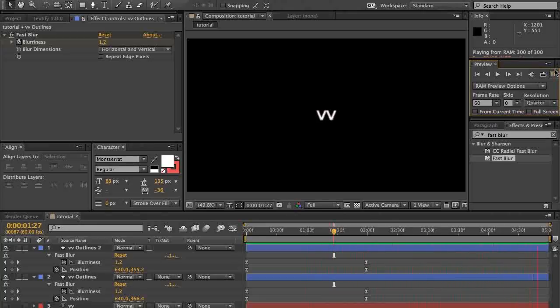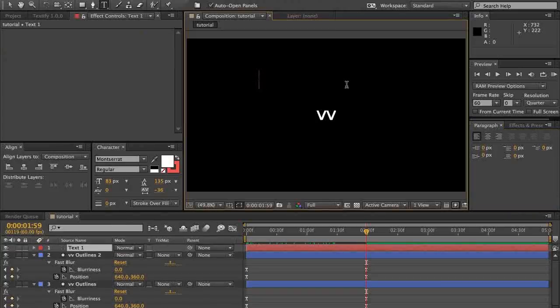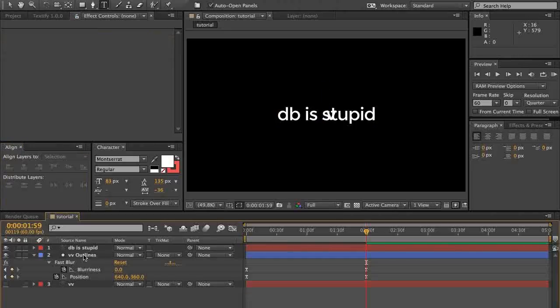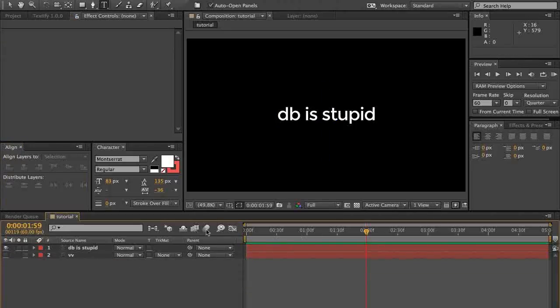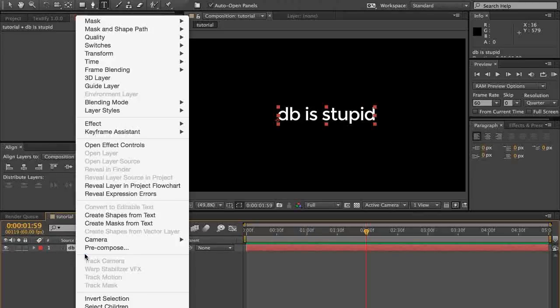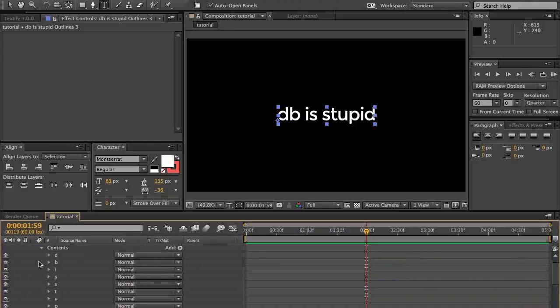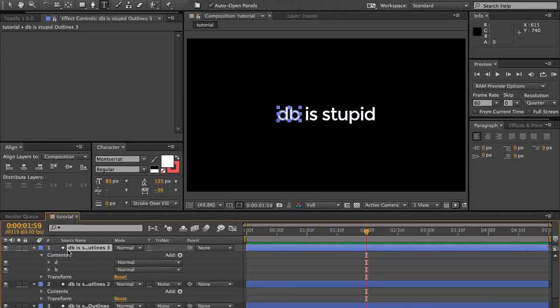This is the end result. Now, if you wanted it to do it for words, you can center the text, of course, and you're going to do the same exact thing, but for words instead of letters. So create shapes from text, however many words you have, make sure you have enough layers, and go into the contents of each of them, and just make it so just these letters are left,